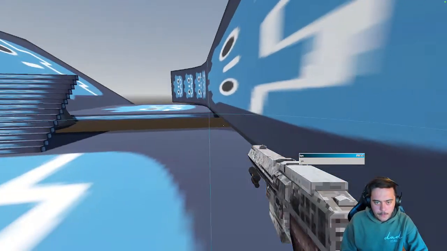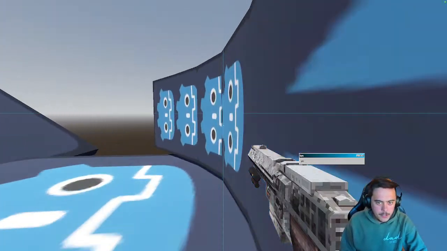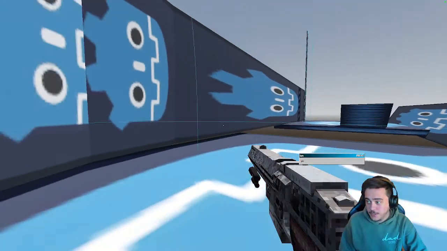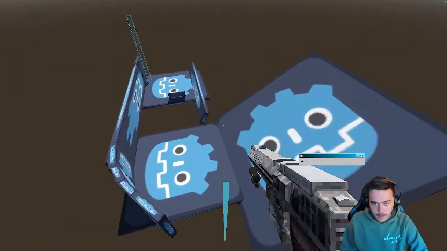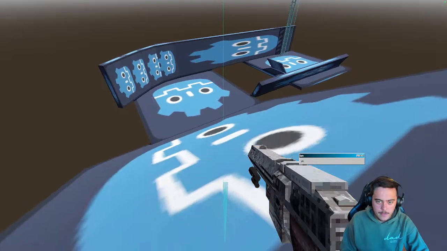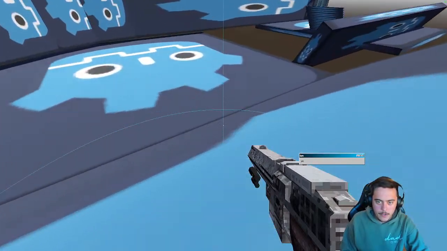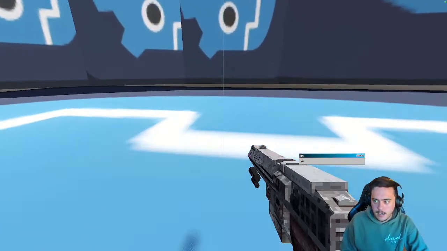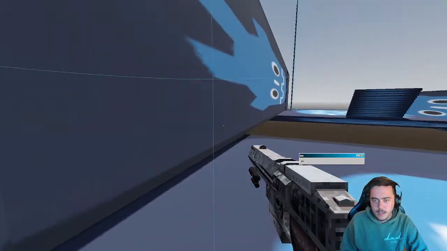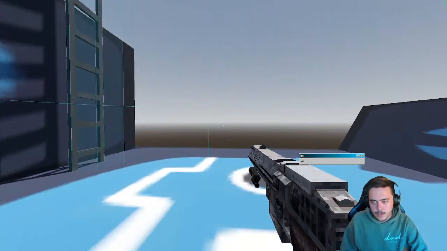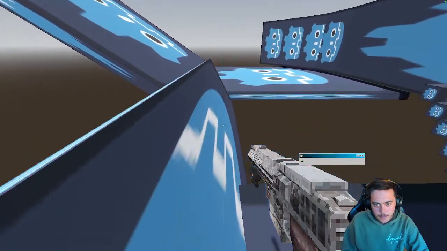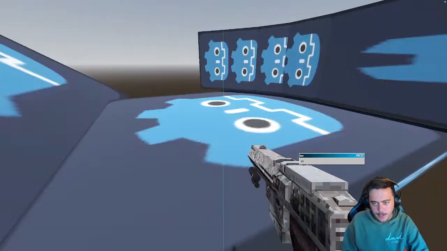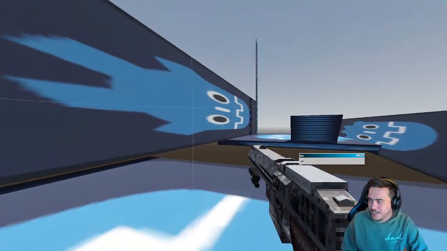Alright, cool. So I can run on the walls and stuff, and I can jump off of it, which is nice. I can also no clip. But the cool thing too is if I'm running and I hold crouch, I start sliding like that, which is pretty nifty. But yeah, if I can run on the walls, I got CS:GO surfing up in here. The most complicated thing about this player controller is the stairs.